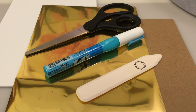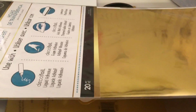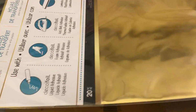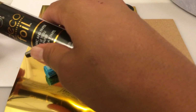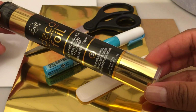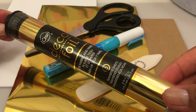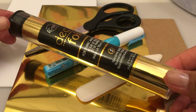Tonight we're going to be using a few different products. The first one is, of course, Deco Foil. It comes in two different types of packaging. The first one is the 20-piece flat sheet package with the 6-inch by 12-inch paper, and then the other type of packaging is the tube that comes with 5 sheets. It's also 6-inch by 12-inch, but the neat thing about this is that it's really compact, so I can just keep this in my toolbox here on my crafting desk